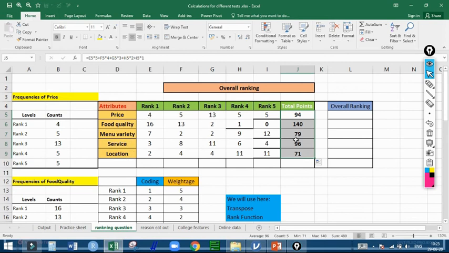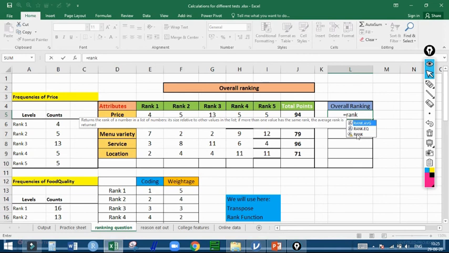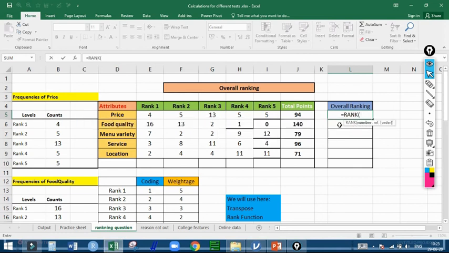If I would like to give ranks, then I am going to use the RANK function. Rank, double click on rank. Which number would you like to give rank? Then click on rank. Reference list. My reference list is this, and I would like to fix this reference list because for other variables I also would like to use the same list. Now click on enter. Now you can check price has got third rank in the overall list.